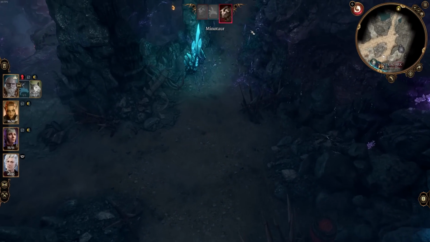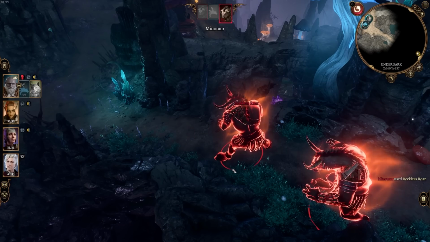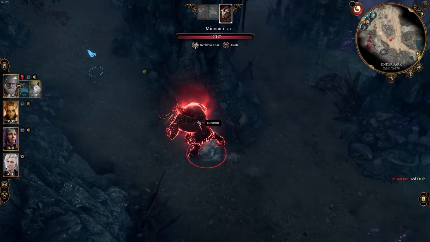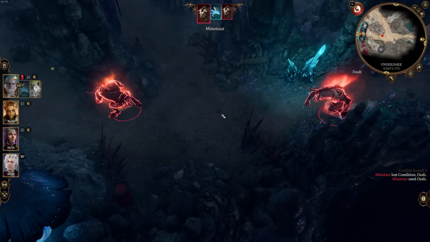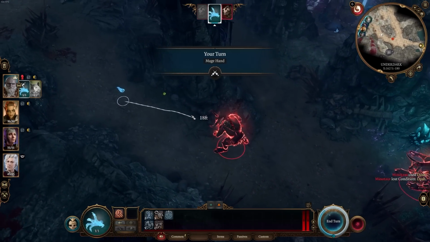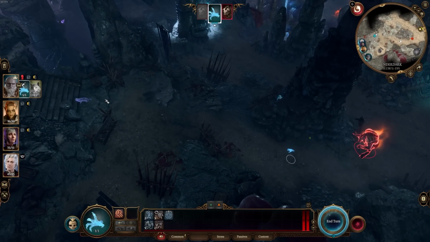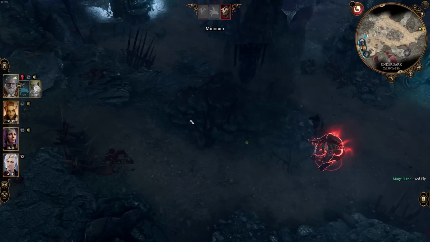It jumped away from the Minotaur, went as far as it could. The Minotaur closest to us is up now. Reckless Roar coming out. We see a dash. Are we going to see the jump too? Now the jump does damage, which is why I'm afraid of it. But no, he used all of his movement to run forward. We're in a great spot. This might actually work. We are going to jump away with the mage hand towards the gate and end our